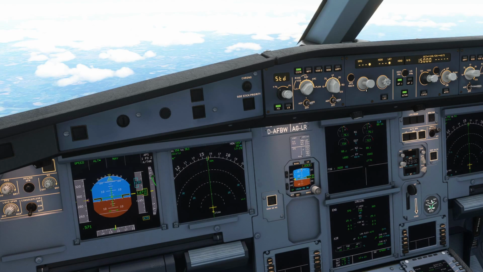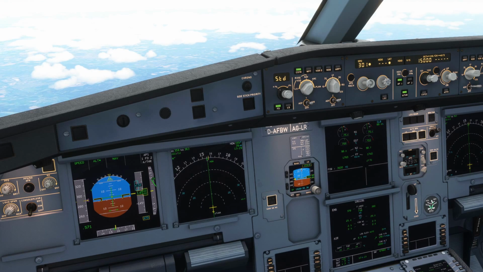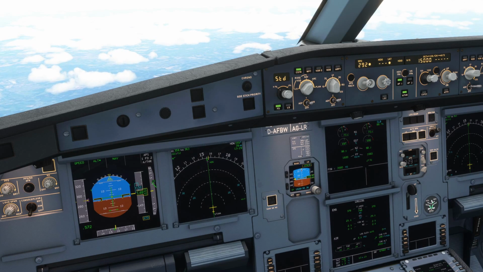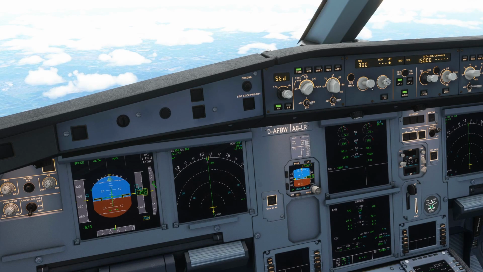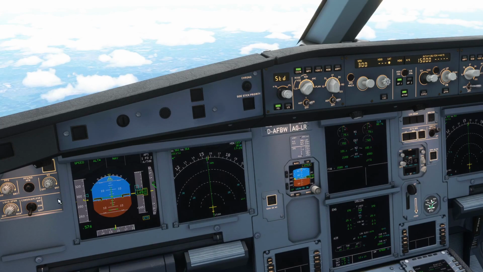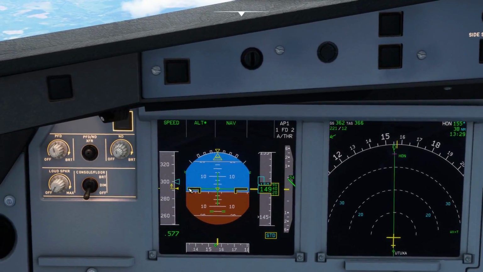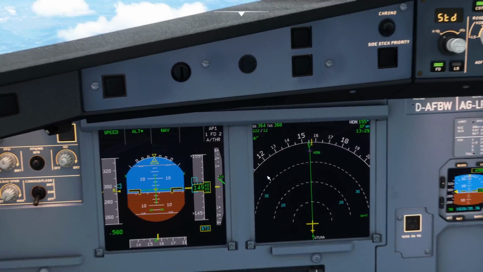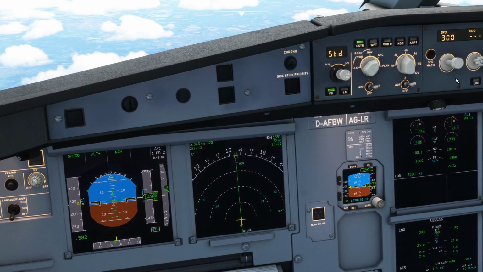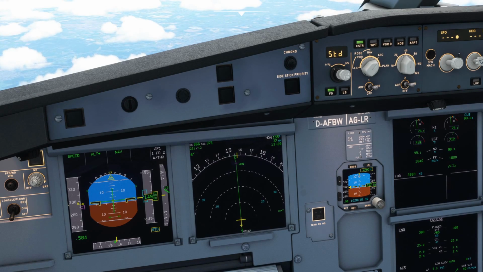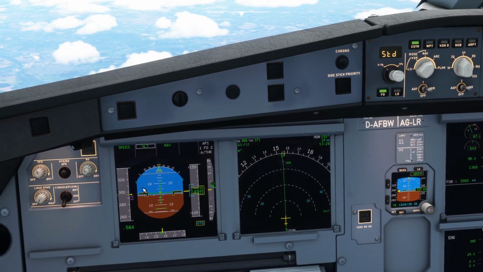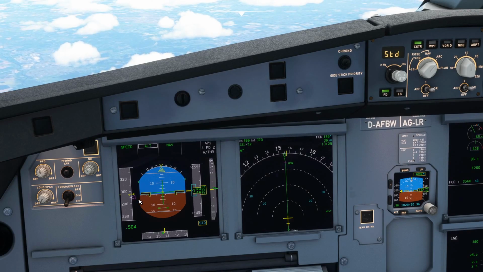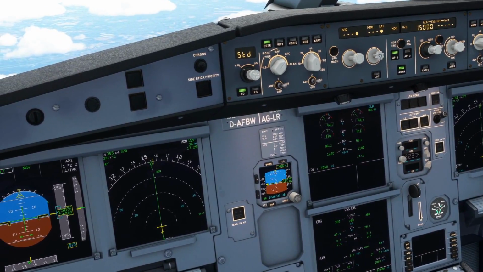So if we start here with our speed, we can manage the speed by rotating the dial to the right to increase it and to the left to decrease it. So let's say we wanted to increase our speed to 300 knots. We'd rotate to 300 and we'd pull in order to take control of the speed. And as you can see here, the aircraft will increase speed back up to 300 knots. If I wanted to go back into managed speed, I would simply push the knob back in and it would go back to managed speed, and the speed would decrease back to 290 knots, which is the managed speed at